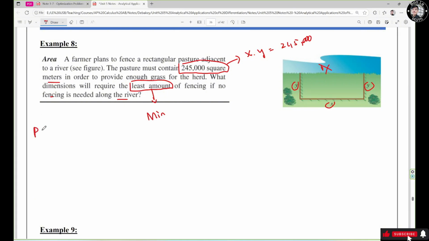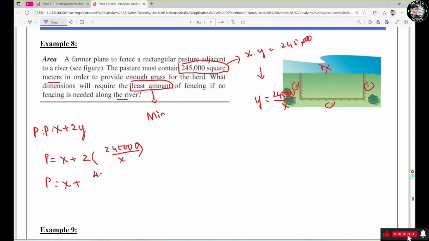So the primary equation is s plus 2y, and I call this the perimeter. Now from this equation I need to solve for y, so y equals 245,000 divided by s. Substitute over here, so I have P equals s plus 2 times 245,000 divided by s. Then this becomes P equals s plus 490,000 over s. Now I need to take the derivative of this one, so P prime equals 1 minus